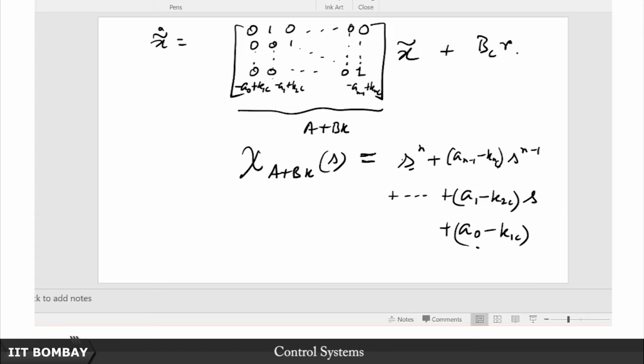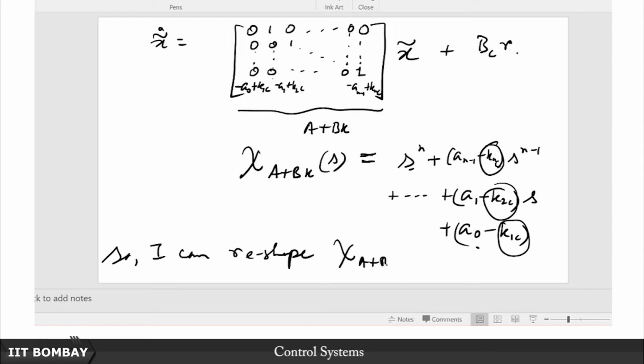So therefore I can always divide the whole polynomial throughout by this coefficient of s to the n and get a monic polynomial. So any nth degree polynomial's roots can be determined uniquely, not the polynomial itself, because obviously if you multiply the monic polynomial by any other factor, you will get a different polynomial with the same roots. So the roots of any polynomial of degree n can be uniquely determined by n of these coefficients, particularly when they are coefficients of s to the power n minus 1, s to the power n minus 2, and so on till the constant. So by my choice of these, I can arbitrarily reshape this polynomial. So I can reshape